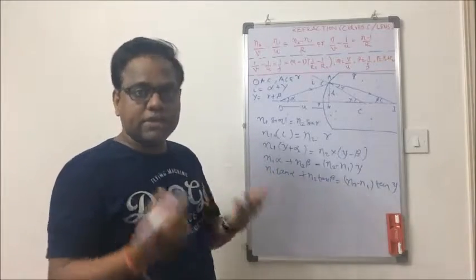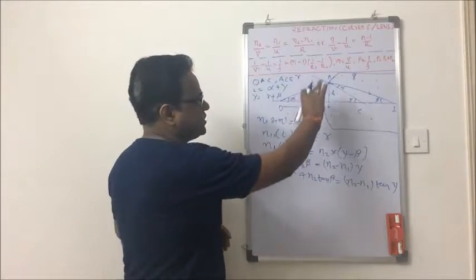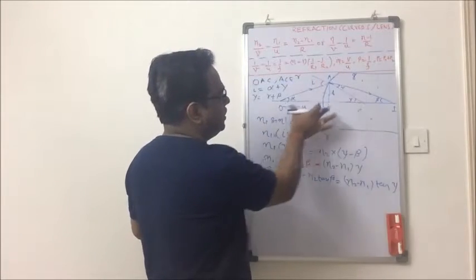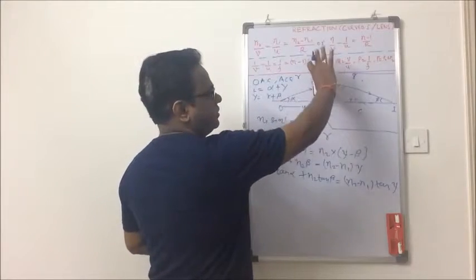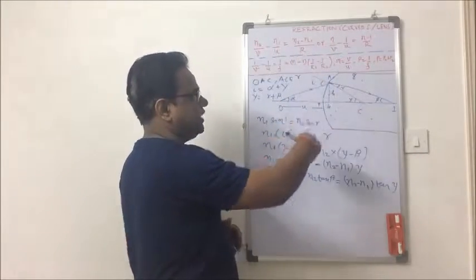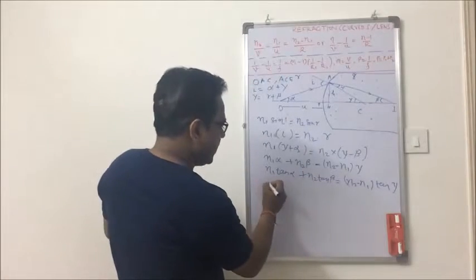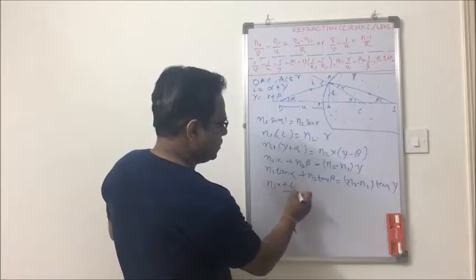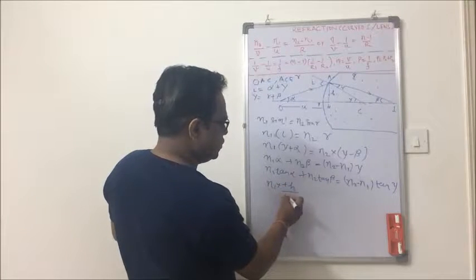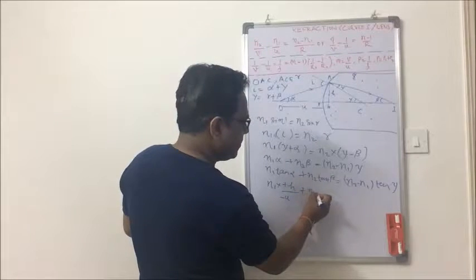So that when in numericals we put sign one more time, it becomes a magnitude. So we will say plus h divided by minus u. This is in the y direction above the principal axis, it should be plus. So N1 into plus h divided by minus u